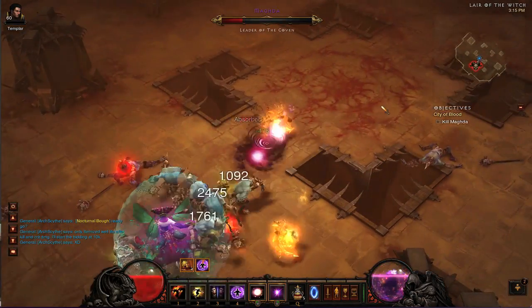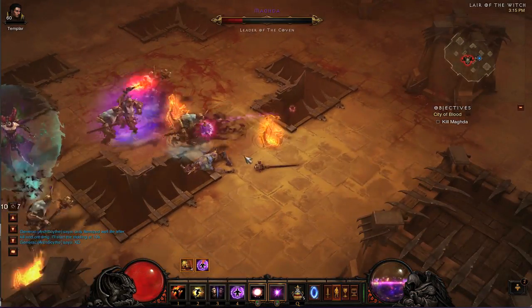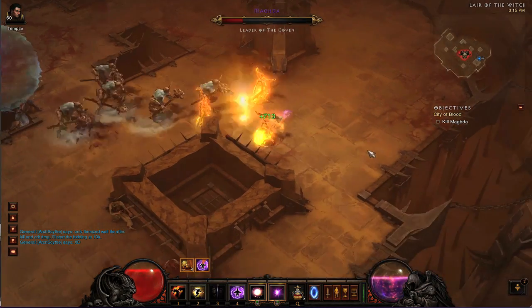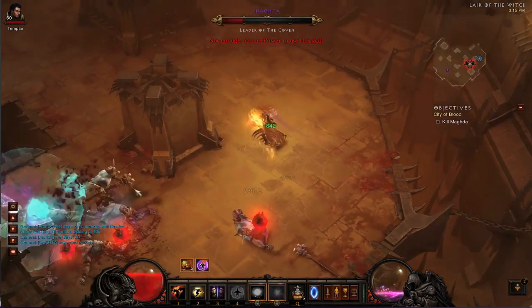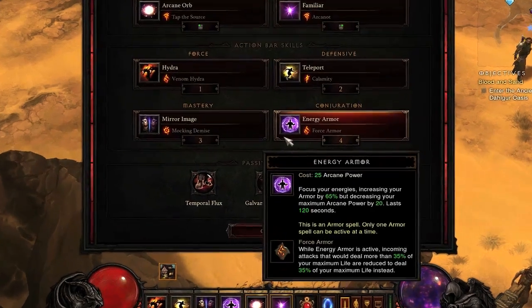This is Archon speaking. The last few days I've been running some Act 2 Inferno, and I found this really awesome build that's been working really well in Act 2, and so I just wanted to show you guys what I've been doing that's worked really well for me. So I'll show you the gear I've been using first, but before I do that, I just want to point